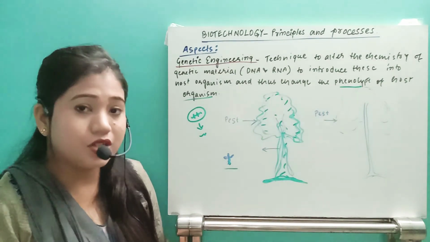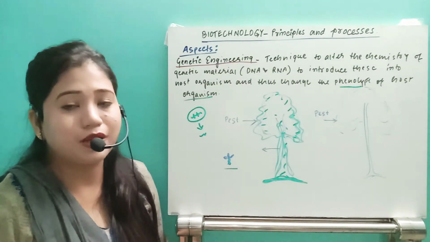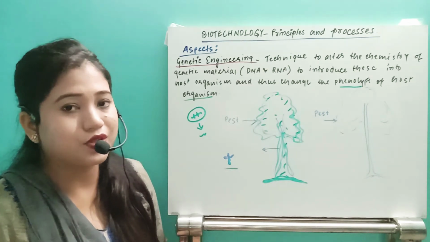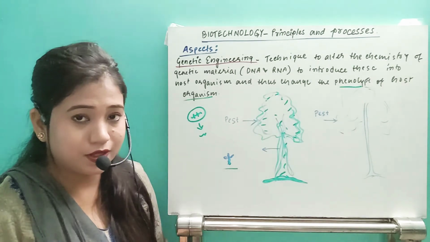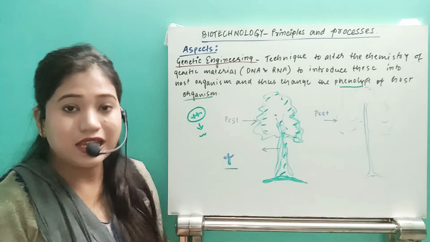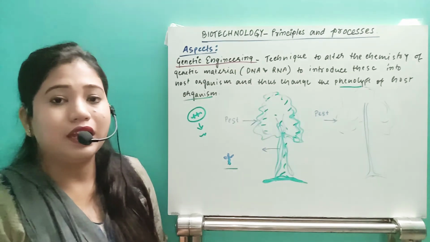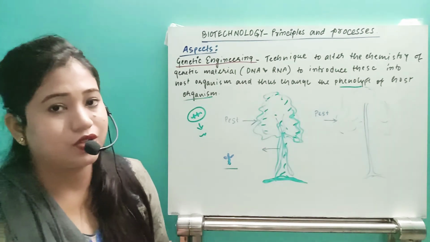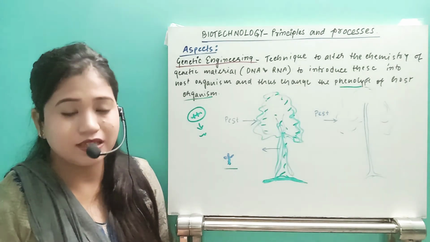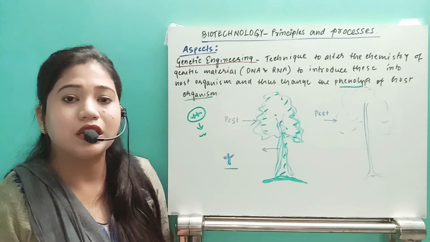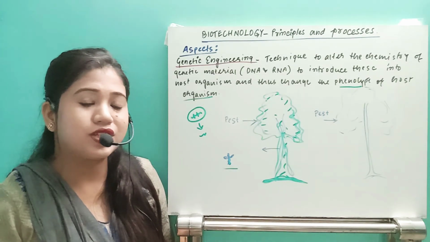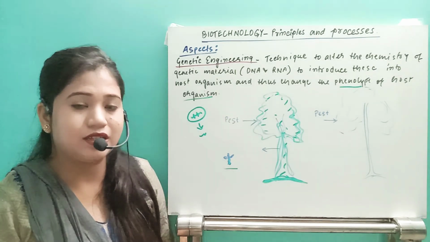See, genetic engineering is also very much useful for people who are suffering from, suppose, stunted growth or dwarfism, or suppose some of the people are suffering from some type of enzyme linked diseases like SCID. So that SCID, or severe combined immunodeficiency disease, I have already mentioned in the human health and disease. So what is SCID or severe combined immunodeficiency disease?